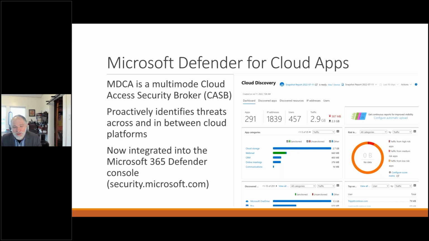Once you get this, you never want to go back, by the way. This is a fantastic tool for getting a better understanding of, and alerting about, which applications your end users are using. You can also set limitations. You can put these into conditional access policies. Like I was saying earlier, all of these things can be integrated together. You can even have a conditional access policy that says, we're going to allow them to use Dropbox, but not allow them to upload too much data. There's a limit on the amount of data that goes into these things. That's all fed by the metrics that come in from Defender for Cloud Apps.